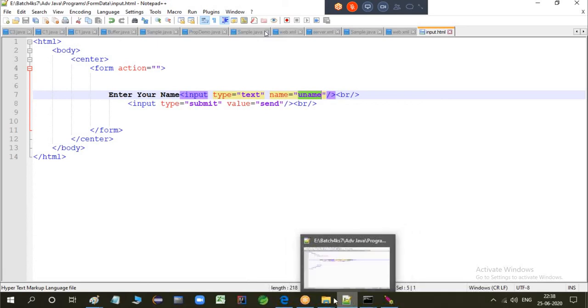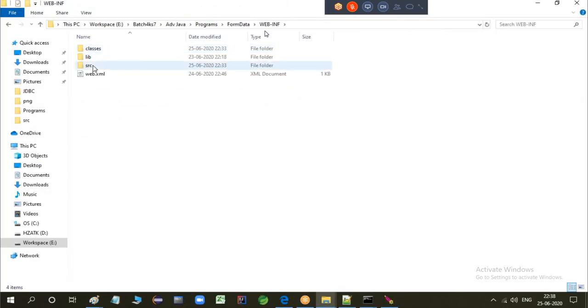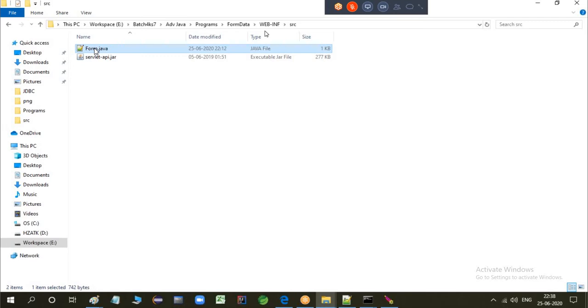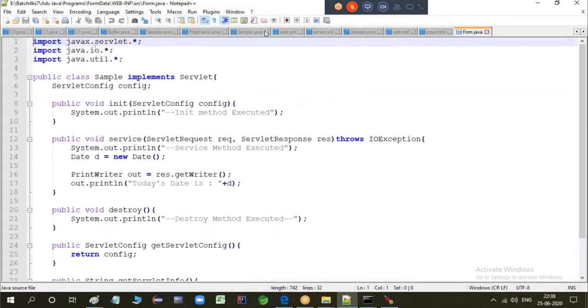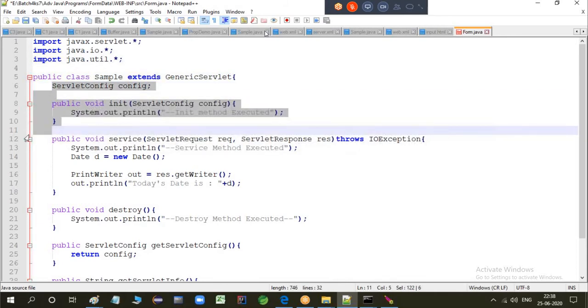So what I will do, I will create a page. Go to WEB-INF, src. I'm giving the file name as form. This is my form, and I don't want to implement Servlet, so I'm giving extends GenericServlet.